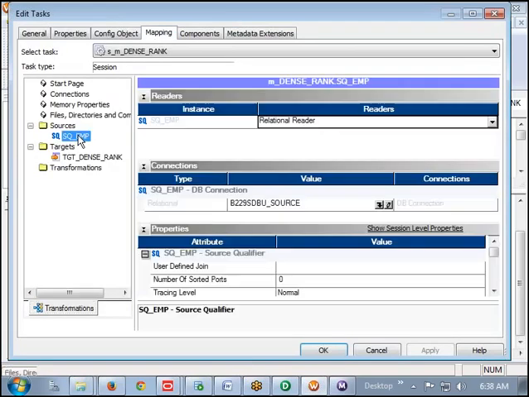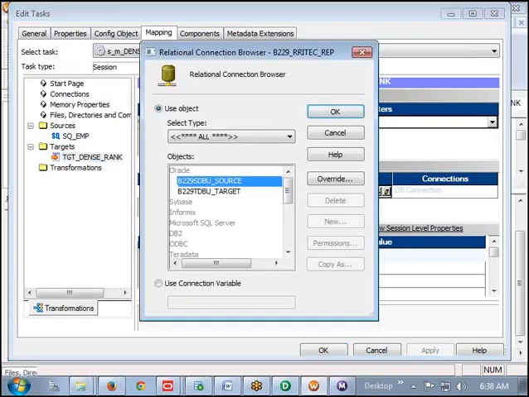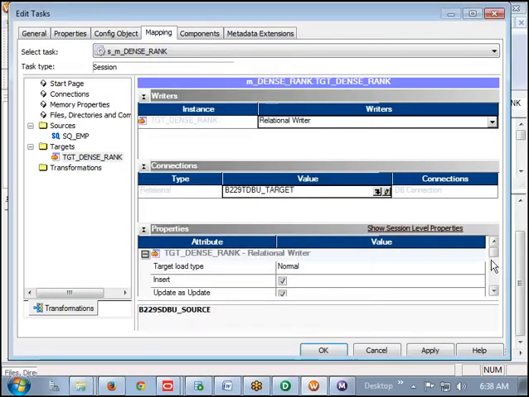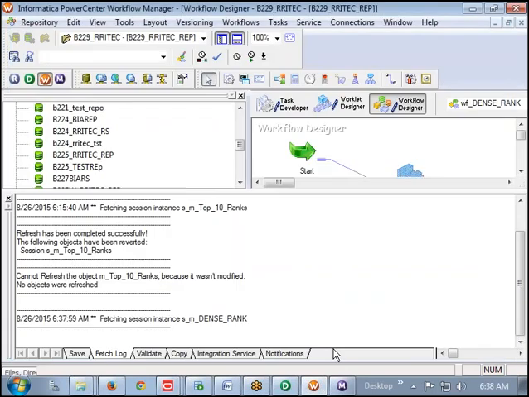Then select your source qualifier. Select your target. Then select over the target. Then enable Truncate target table. Then OK. Save it and run it.